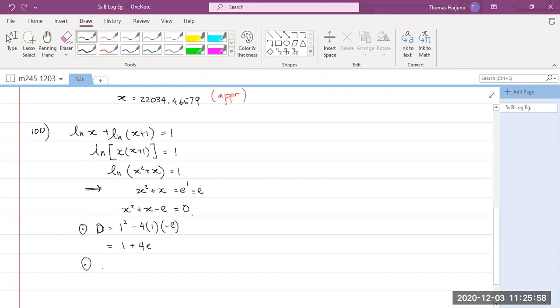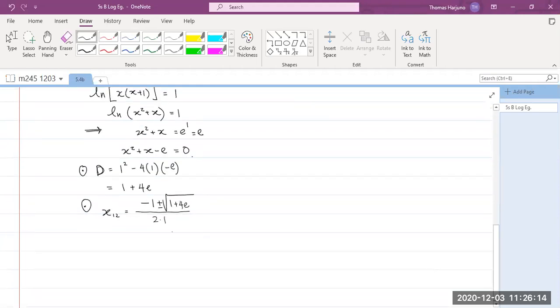So the solution x1,2 will be negative b plus or minus the square root of the discriminant over 2a. Then simplify a little bit, in this case just a little bit. Square root of 1 plus 4e over